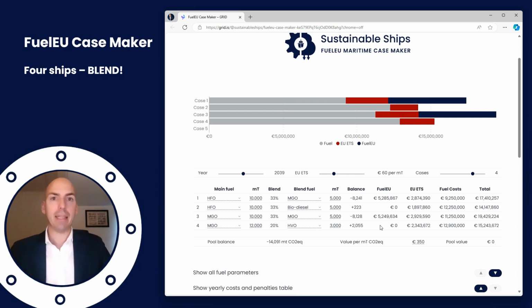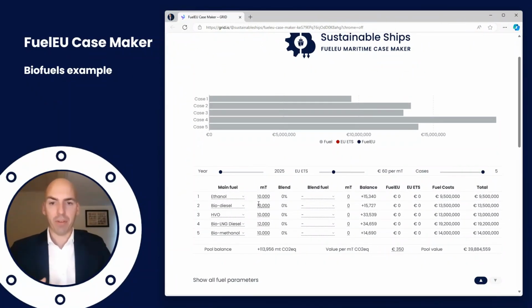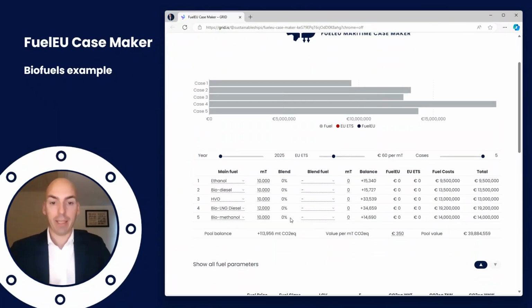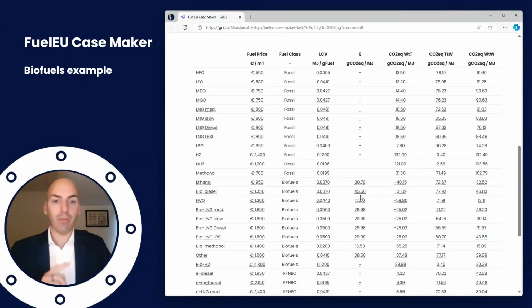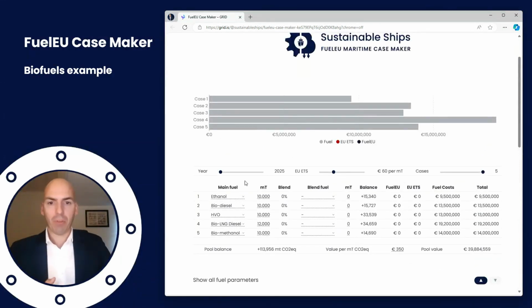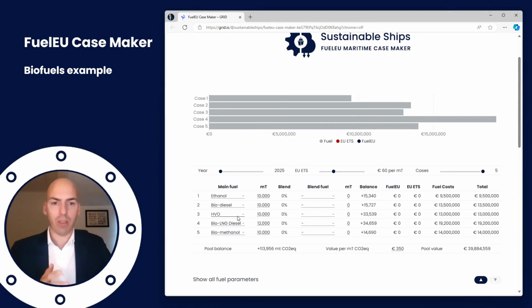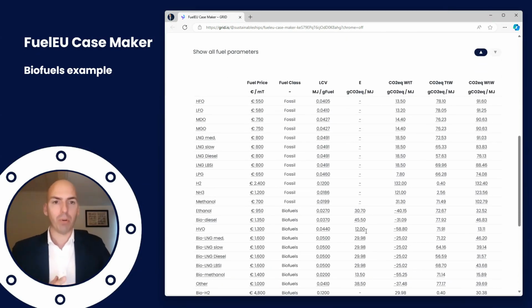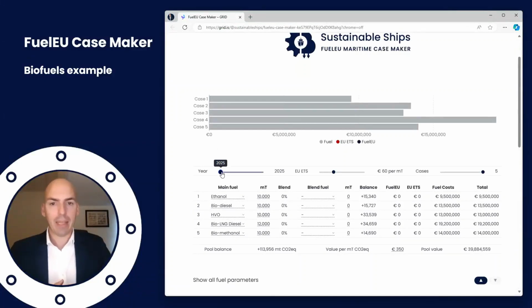So let's have a look at the biofuels, for example. So here we have 5 different types of biofuels, and again, I have to remind you to have a look at these E values and the total well to tank and well to wake values. Those are of course very important for calculating FuelEU penalties as well as price. But have a look at what we have now in the base case, which HVO is just set to only 12 grams CO2 equivalent per megajoule. And then let's see what happens over the years until